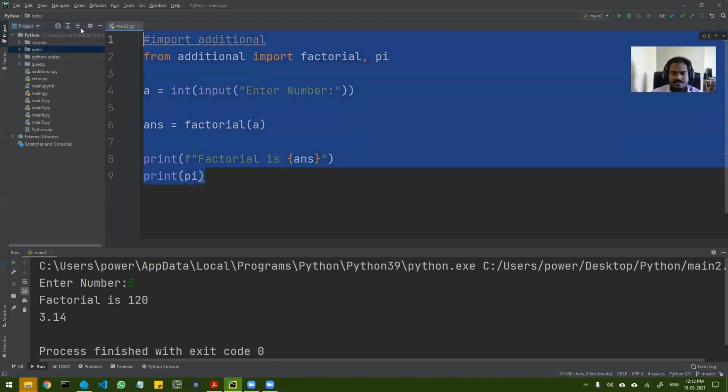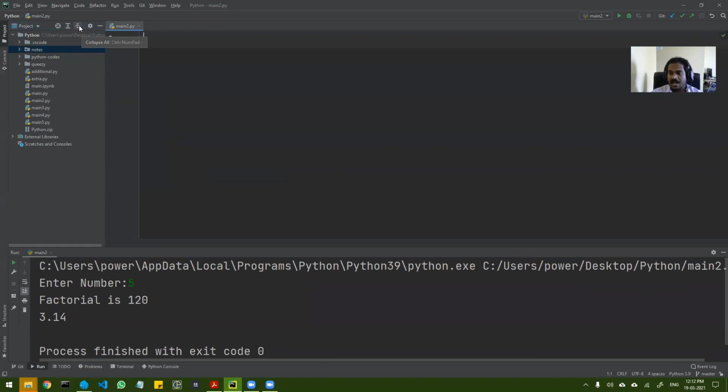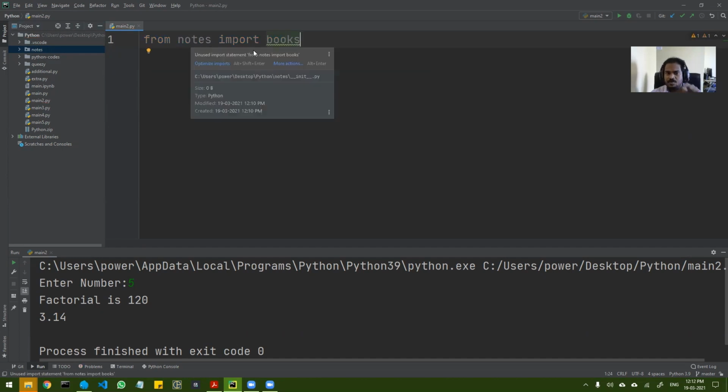Okay, so now let us see, let's remove everything and let us see how to import a package. Okay, so to import a package, the logic is you have to use the second method. Okay, so second method कौन सा था? From. Okay, so from, अभी कौन सा है package? Notes. Okay, so you can do import, कौन सा मॉड्यूल इंपोर्ट करना है? आपको इंपोर्ट करना है बुक्स, ठीक है। सो फ्रॉम नोट्स मतलब फ्रॉम द पैकेज इंपोर्ट बुक्स, ओके। ये हो गया।